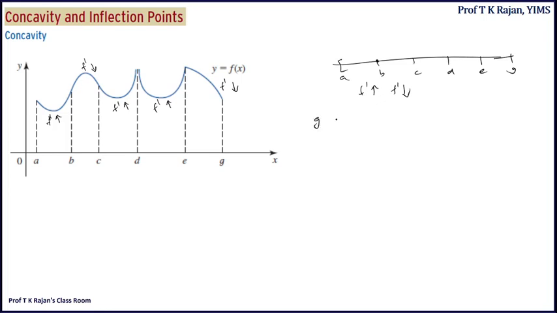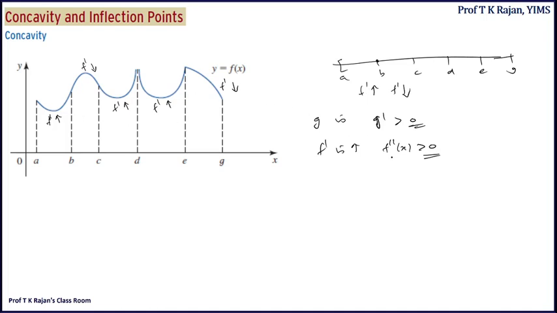A function g is increasing if its derivative g dash is greater than 0. So f dash is increasing means its derivative, that is d by dx of f dash x, that is f double dash x, is greater than 0 for all x here. That is, f double dash x is greater than 0 in the interval AB if the function is such that it is concave upwards. So f dash is increasing in here.